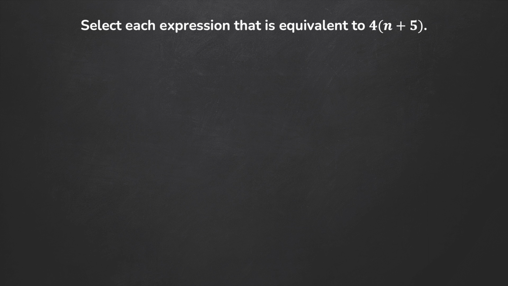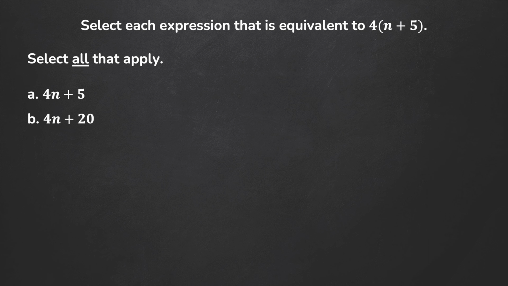To get us started, here we have: select each expression that is equivalent to 4 times (n plus 5). Select all that apply. So we have A, 4n plus 5; B, 4n plus 20; C, 3 times (n plus 5) plus (n plus 5); and